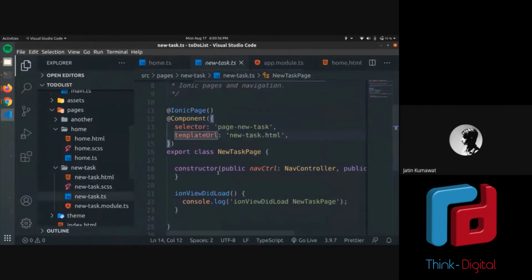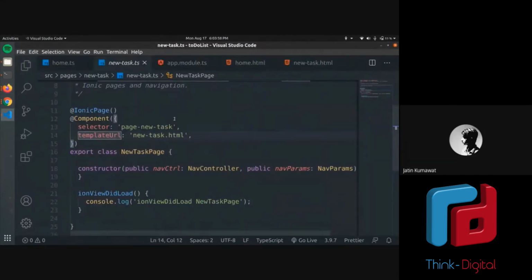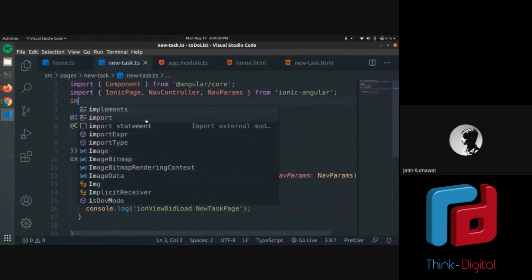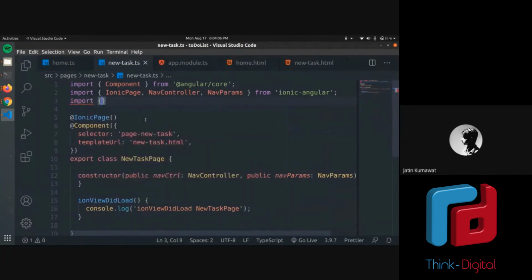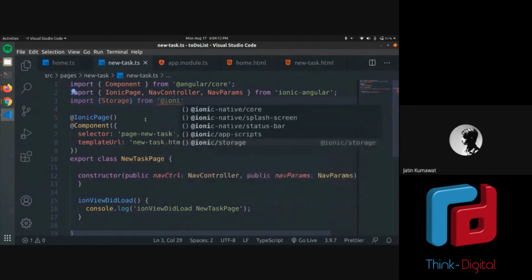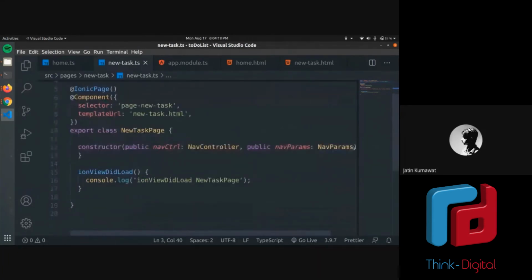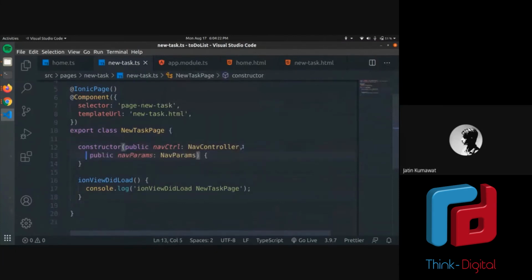I have done nothing till here in the new task file, so I will first import it here. Import Storage from @ionic/storage. I have successfully imported it. And now in the constructor, as I told earlier, I will initialize this storage to a variable.